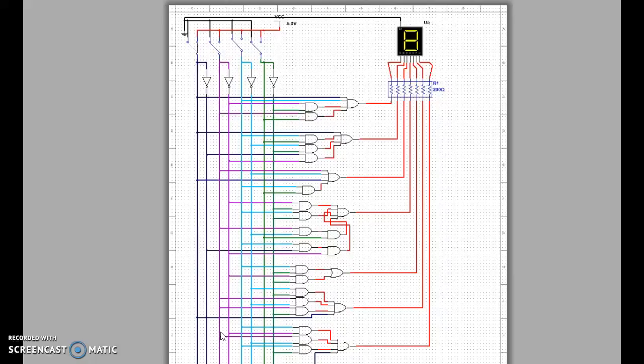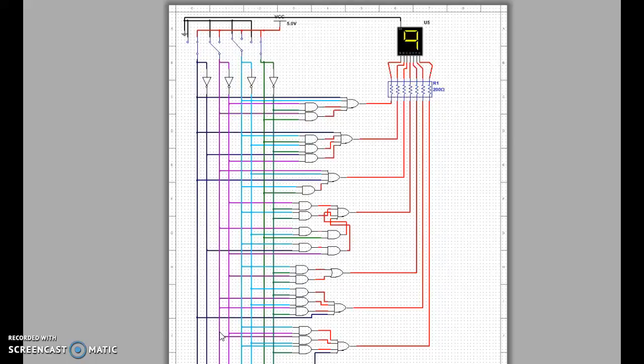where A is on, B is on, C is on, D is on, E is on, F is on, and G is on. Then to create a 9, it is 1, 0, 0, 1, where A